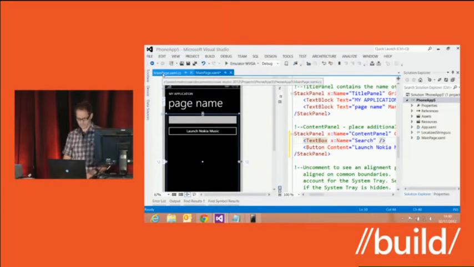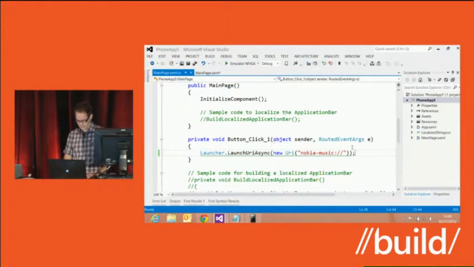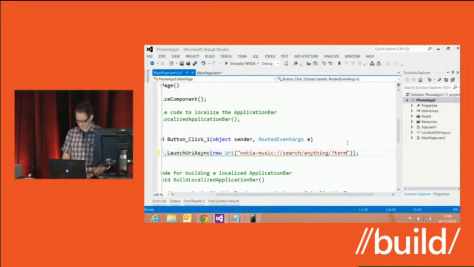Okay. So next thing I'm going to do is just change the URI to be search/anything. The other URI we support is search/gigs, so that's what we have up there. So if I set the term equals search.text,